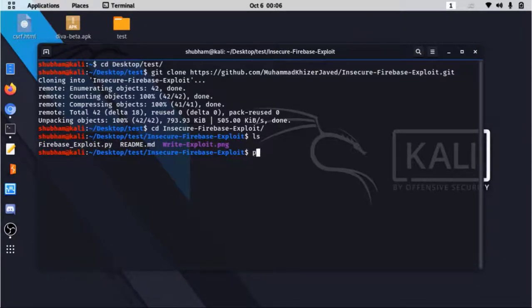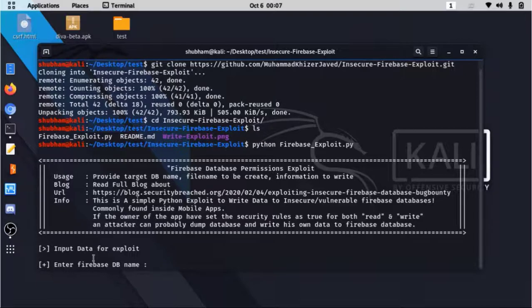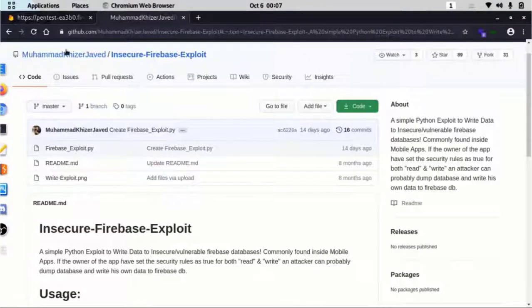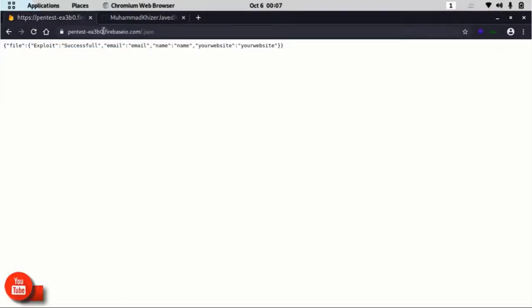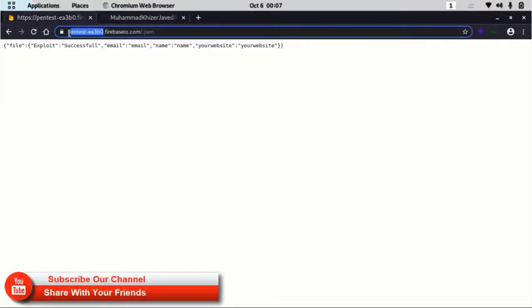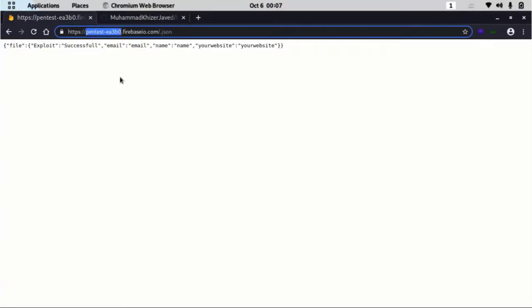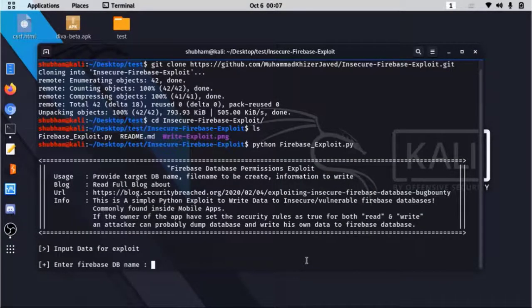We are going to run it using python firebase_exploit.py, and it asks for the Firebase DB name, which in my case is this one. I'm going to copy it and paste it over here and hit enter.